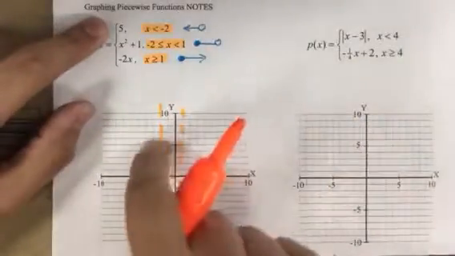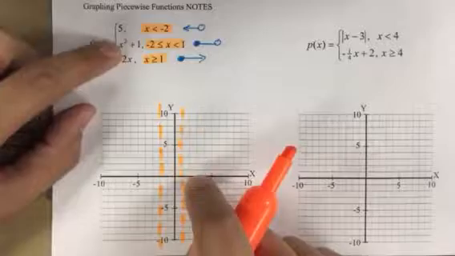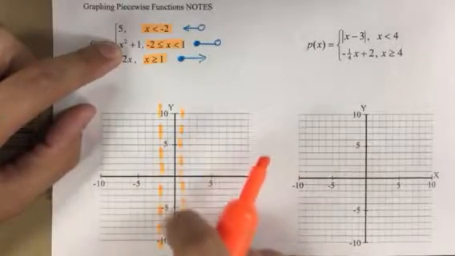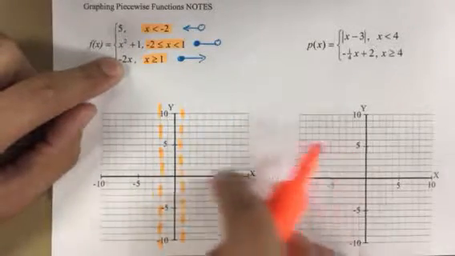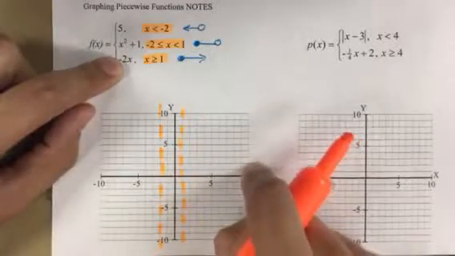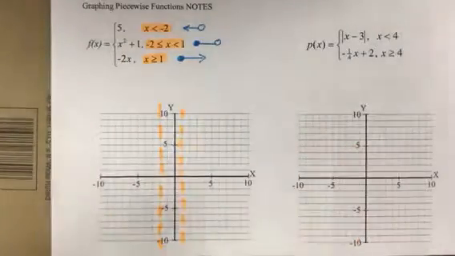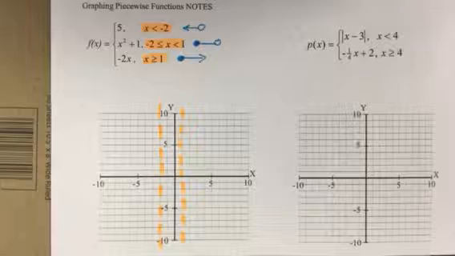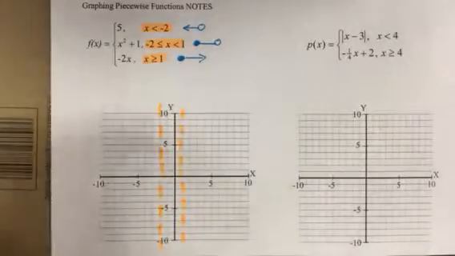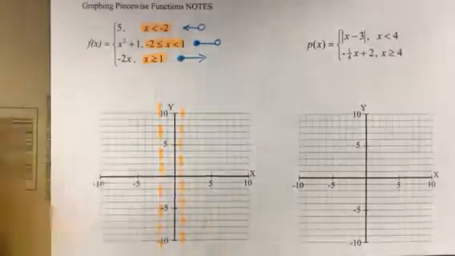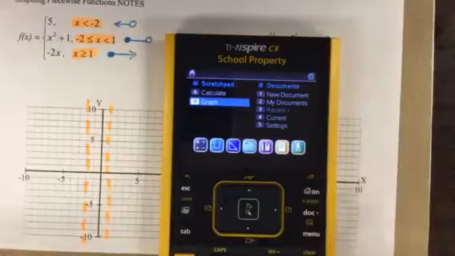So this 5 should be on the left side here. This quadratic should be in the middle. And then this linear function should be at the end going to the right. Okay, that's what that means. Okay, so this basically is just going to be calculator skills. You just got to graph and figure out what you need to graph. So if I open up my calculator,